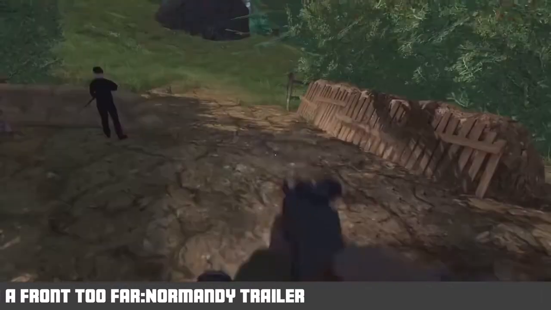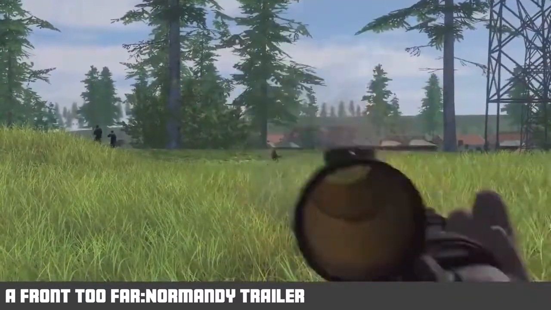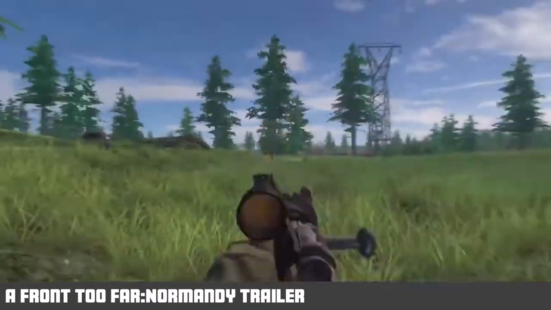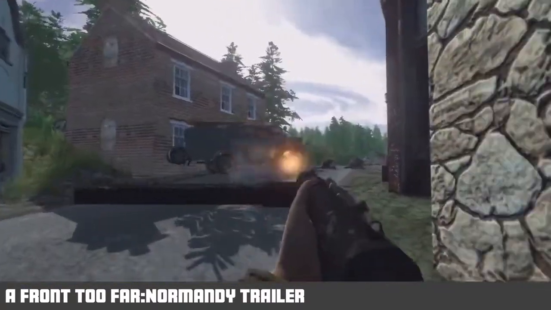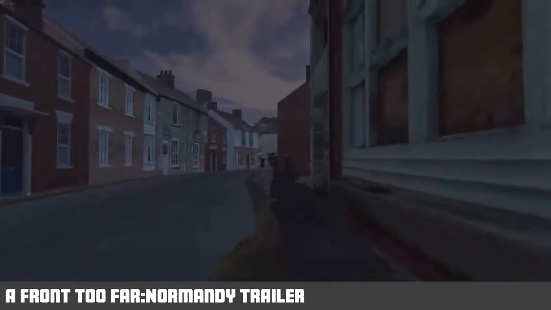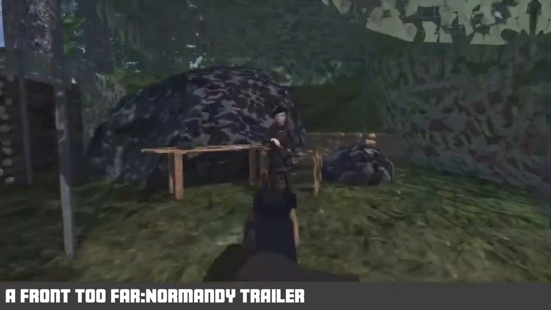So the idea was making a story where you are an OSS member, which is a kind of spy sent into enemy territory, and basically you had to survive. You could go around, collect stuff, and hide or attack enemies, just like another kind of RPG game, but set in World War II.